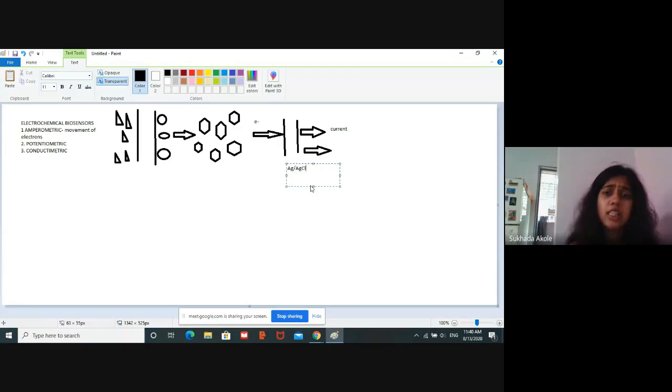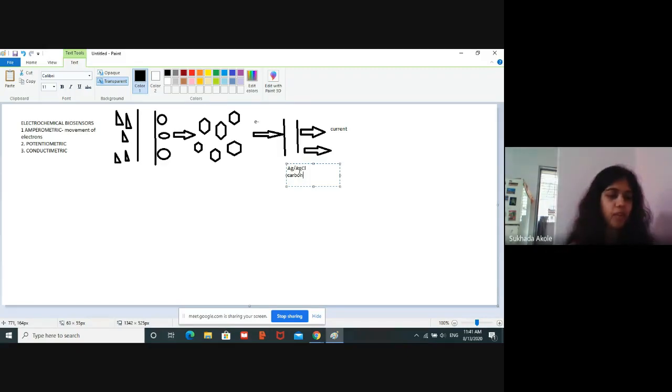So this AgAgCl is a reference electrode, and what you actually have is a carbon electrode. So we are going to have two electrodes, one which will be my reference electrode, that is silver chloride, and the second one is my actual electrode, which is carbon. Why do I need the reference electrode? Because I know that if this much current is generated, for example 5 milliamp, then 6 or 7 electrons will come from AgAgCl, but I don't know about the carbon. So if 5 milliamp current is generated, I can refer to the standards that have been set and back calculate the concentration of glucose.